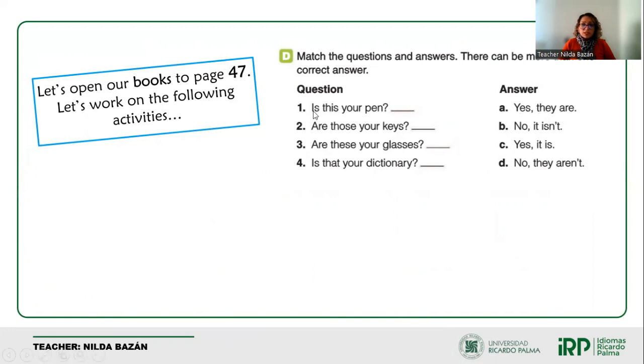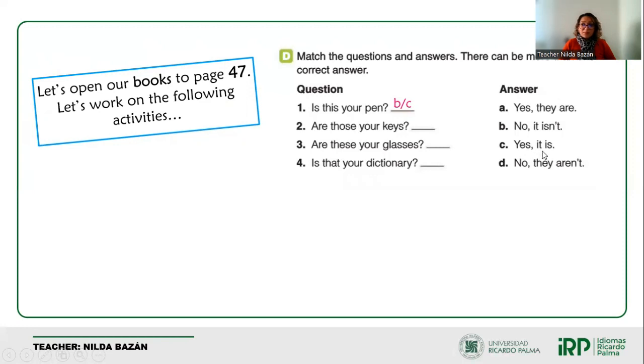Look at number 1. Is this your pen? What do you think is the correct answer? Letter A, yes, they are. Letter B, no, it isn't. Letter C, yes, it is. Or letter D, no, they aren't. What do you think? Yes, of course, we have 2 possibilities. For the question 1, our answer can be letter B, no, it isn't, but also, yes, it is, which is